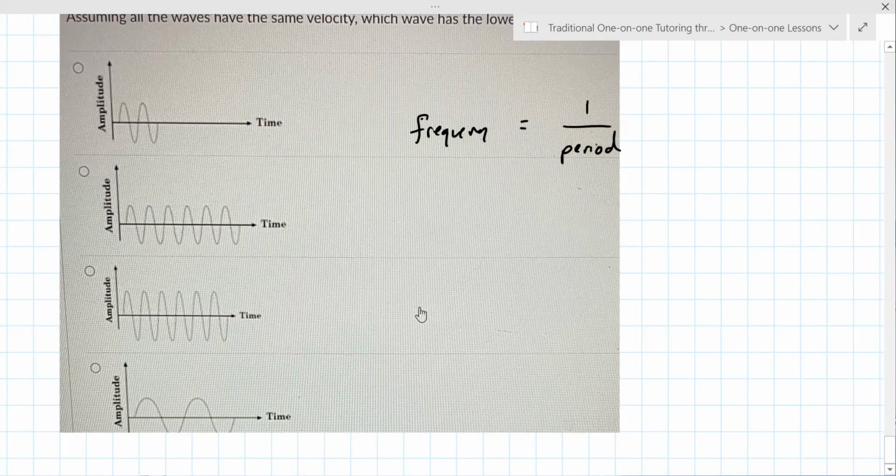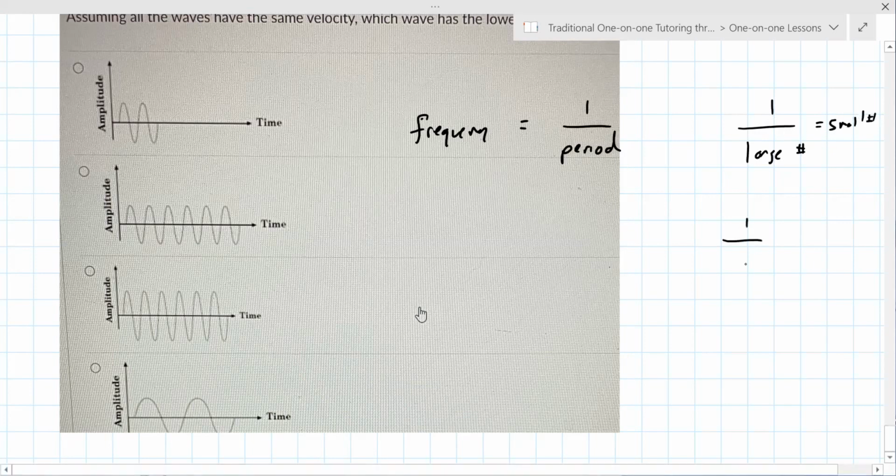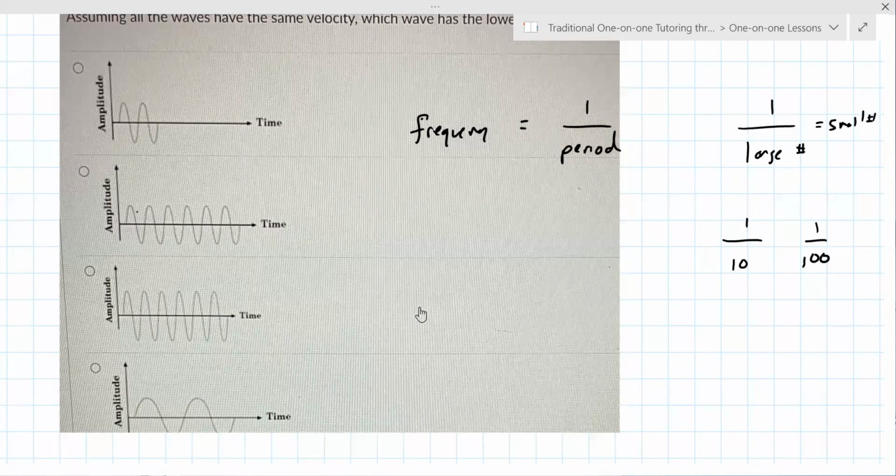So the smallest frequency corresponds to the highest period. It's a weird relationship, like 1 over a large number equals a small number. Sometimes you have to think, well, what's 1 over 10 compared to 1 over 100? Well, 1 over 100 is smaller than 1 over 10. So since this number is larger, that's the smaller frequency. So we're looking for the largest period. And period is peak to peak. So this one looks like it has the largest